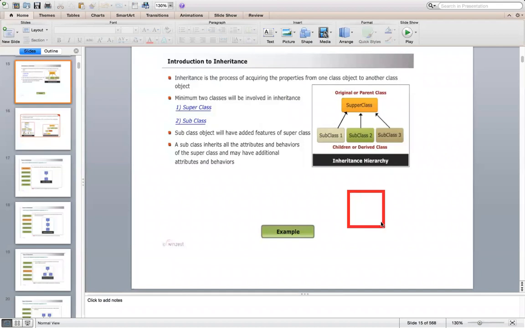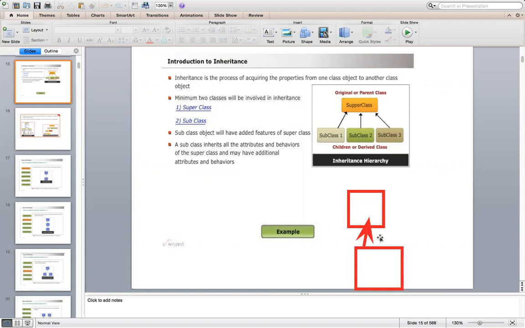You can have a class, let's say this class is A, and there is another class called B. Now class B can acquire all the properties of class A. What are the properties in a class? A class contains data members and method members, all of which are now available to class B, because it is in an inheritance relationship.